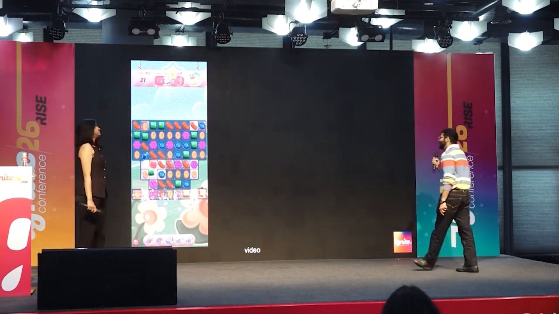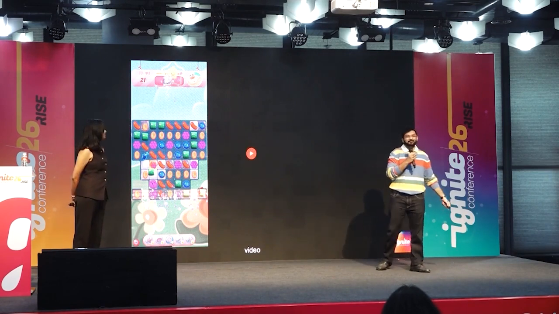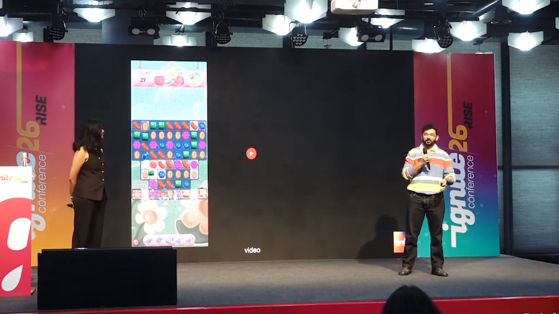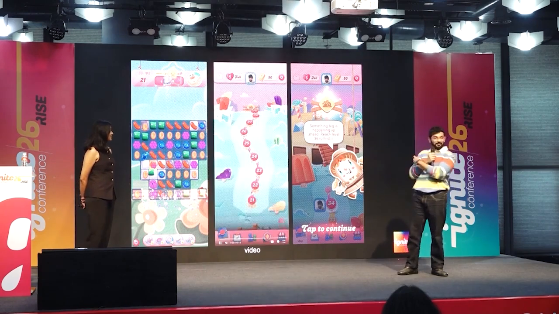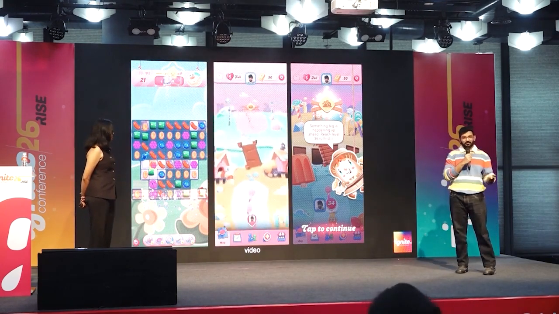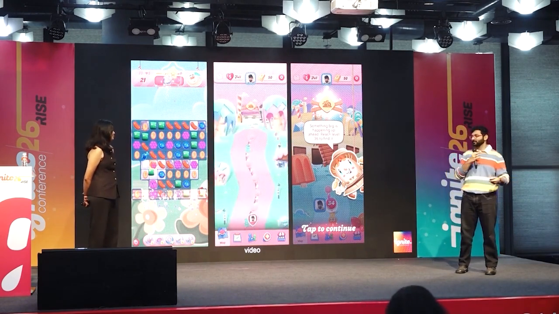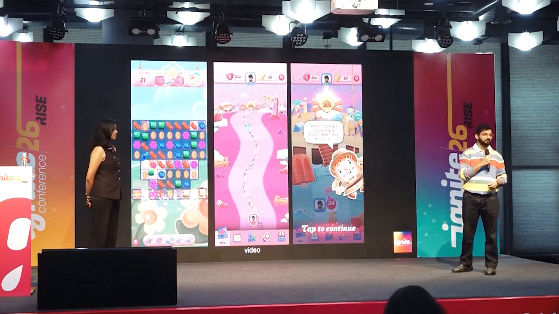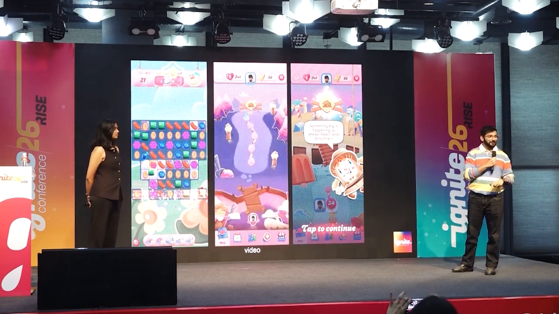Yes, it's Candy Crush, right? At the end of it, what is it? It's matching three shapes together, but we call it crushing candies. You have characters that take you through the journey, and as you play, there is an entire level. What you're doing is actually the same thing over and over again. But what's happening is that you end up feeling like you're on a journey, and that's what keeps people coming back.